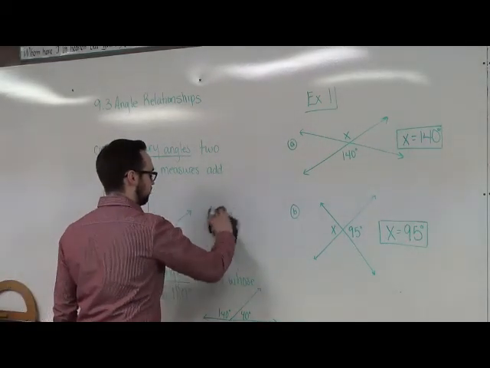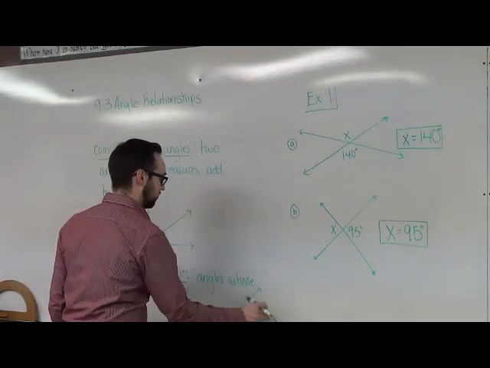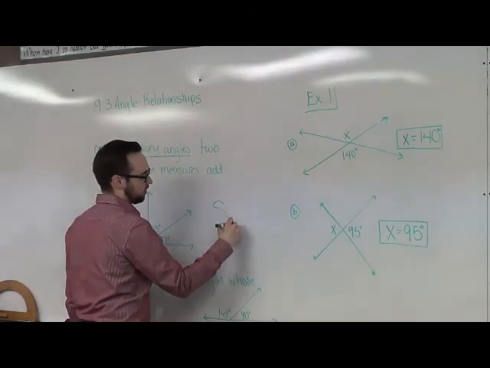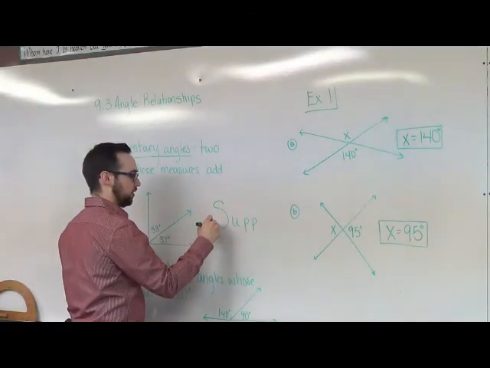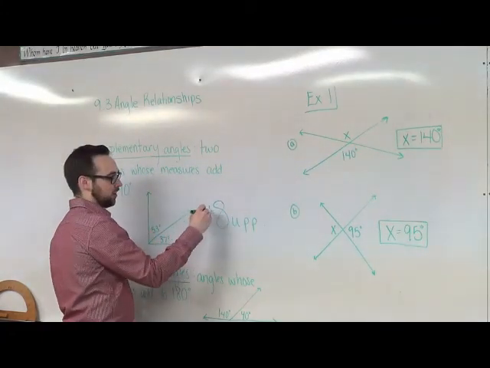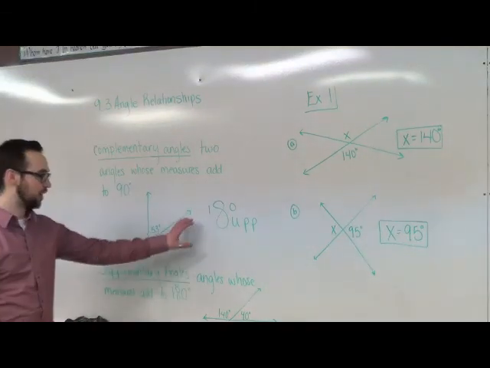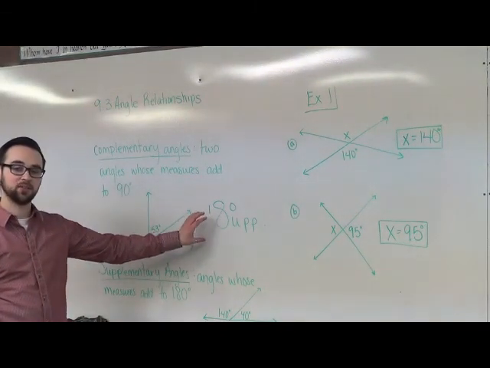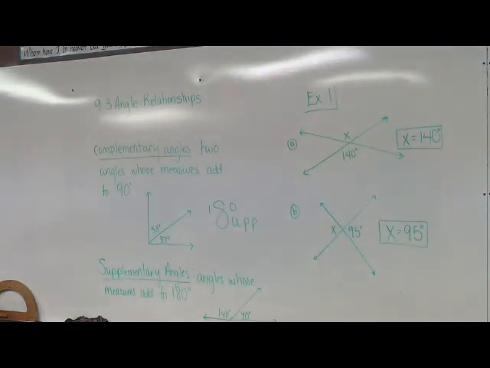Now, a little trick for supplementary. Let me erase this one, and I'll do supplementary for you now. If you notice, now this one's not as direct, but if I write those first few letters of it, if I were to complete this, notice it forms an 8, and I can add the 1 0 and make it 180. So that makes one supplementary 180 degrees. So go ahead and make sure you